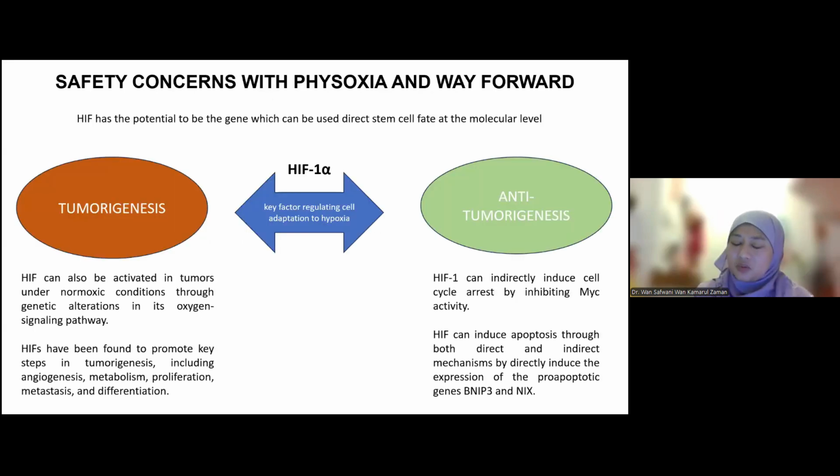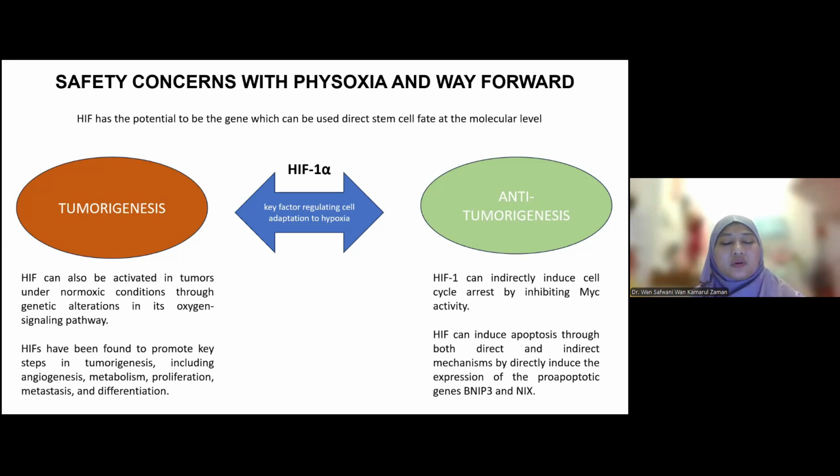Now, of course, there's always the safety concern. So I mentioned just now that we have looked into the risks of whether Physoxia is able to increase any tumorigenic potential or activity. But with regards to the expression of HIF-1 alpha, which is the key factor in regulating oxygen with regards to hypoxia, depending on the condition that they are in, or where they are expressed, HIF-1 alpha does have the ability to support